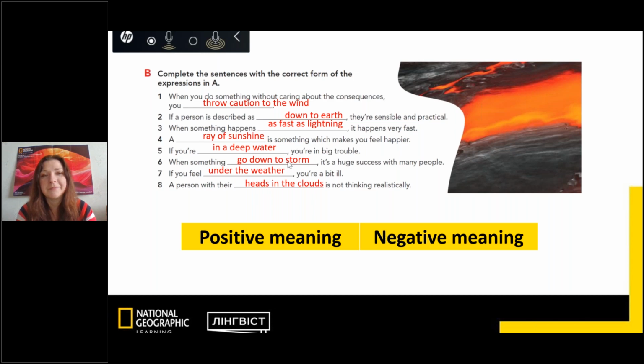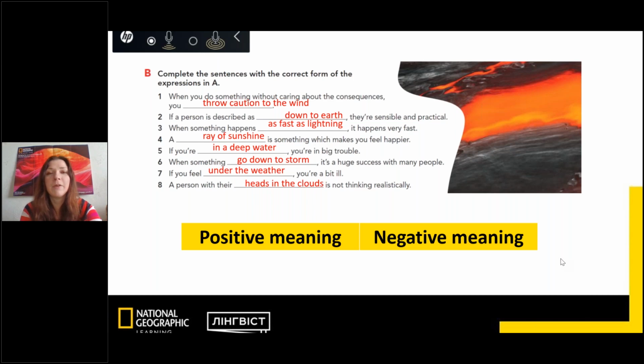Head in the clouds. What do you think? Is it positive or negative? Positive, negative, positive. Yeah, why not? We need to dream in order to move forward. Right? Some of you think it's negative, some of you think it's positive. Yeah, so it's difficult to say, right? It's probably a very personal thing, and depending on how you see the word, you will have this connotation, this understanding of this phrase. Well done.